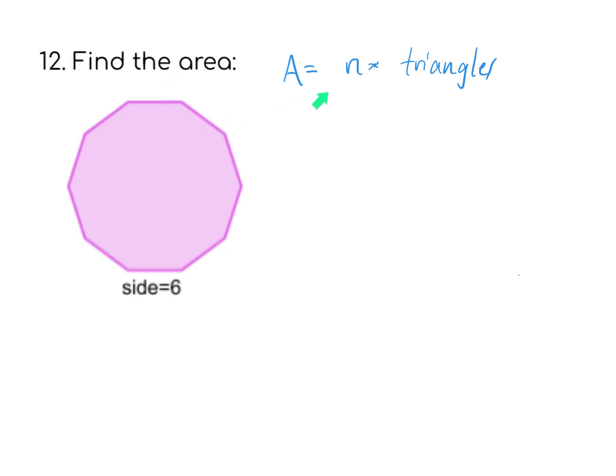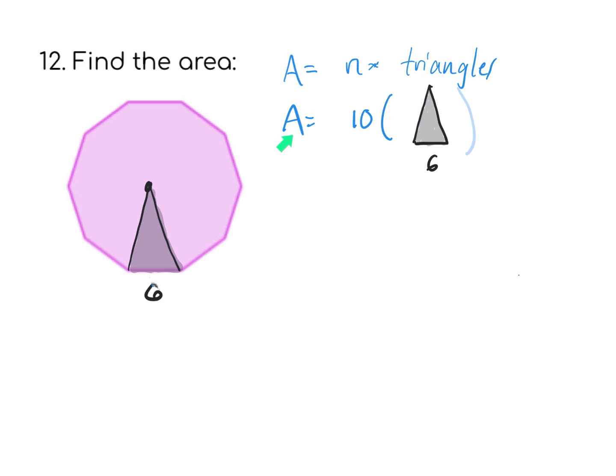The area will be n triangles. You can count this number of sides. There's 10 of them, so there'll be 10 of these triangles. So the area of the pink regular decagon will be the area of 10 of these triangles, whose base is